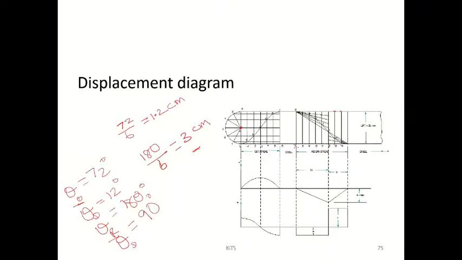Okay, 1.75 centimeter. So take the middle, and from here take your compass and keep this as radius, and draw this semicircle. Okay, take the middle point and draw the semicircle. After drawing the semicircle, divide the semicircle by 30 degree, because here by what value have we divided? 6. So divide the 180 degree by 6.